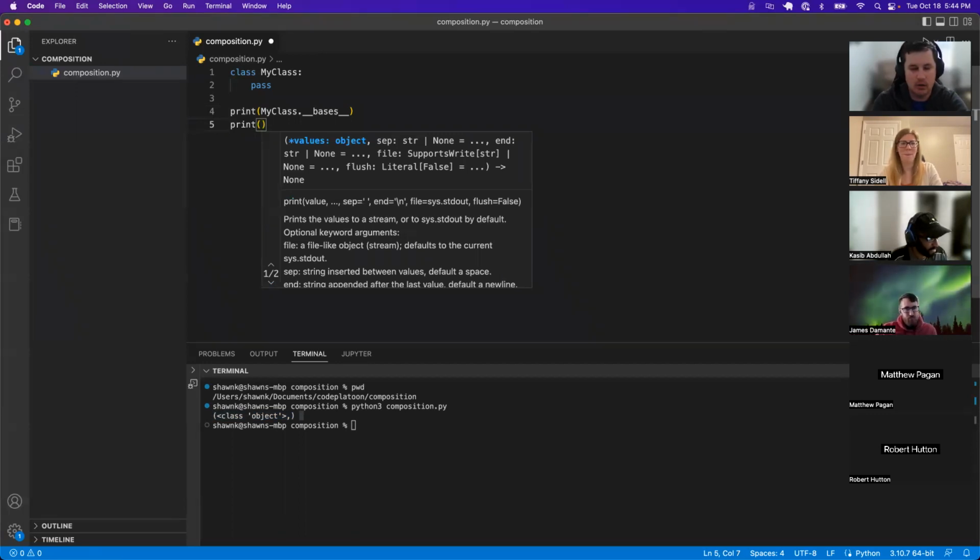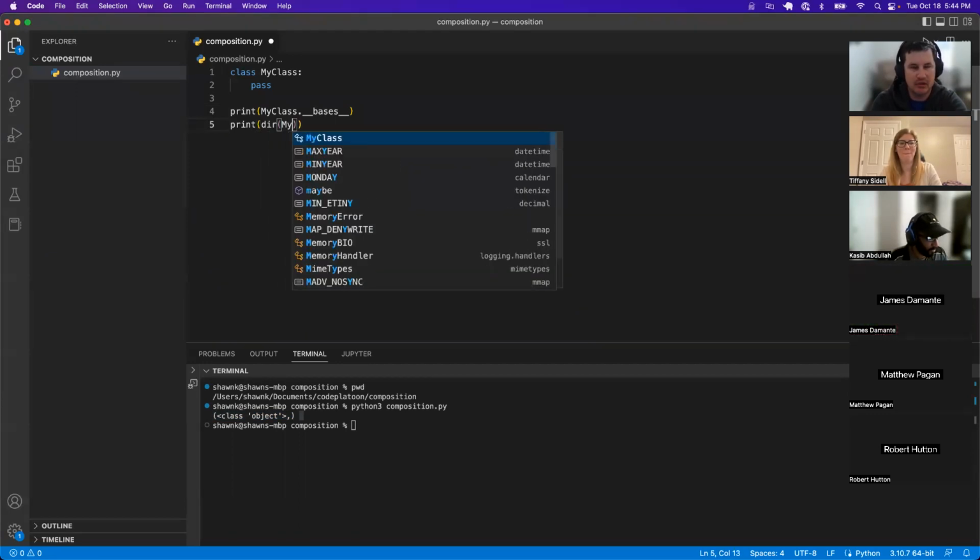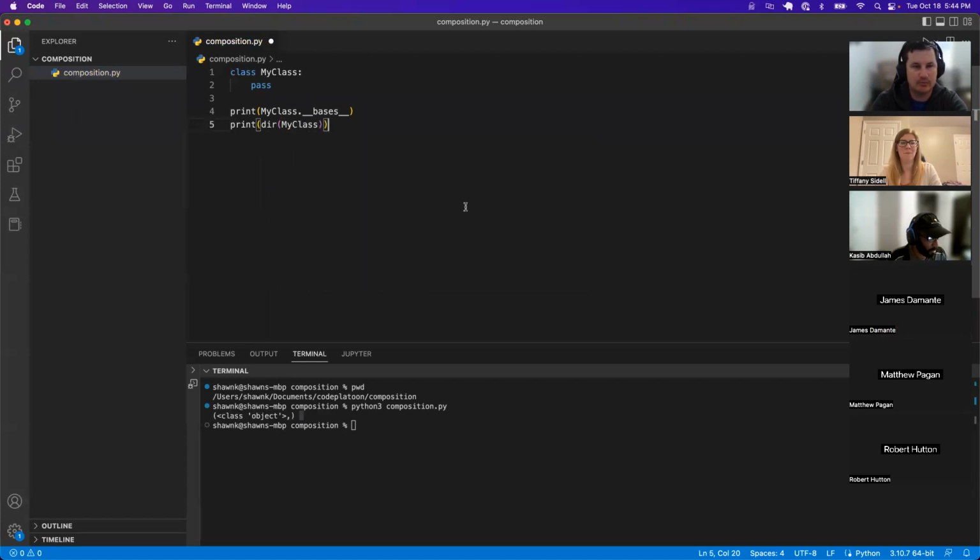If I want to know what all of the methods are in a class, I can do dir and then the name of the class. What do y'all think? Do you think this is going to have any methods? I mean, this is our class right here. This is what we defined. And the answer is yes, it is going to have some methods because, as we looked at down here, it inherits from this class object. So if we run our code again,